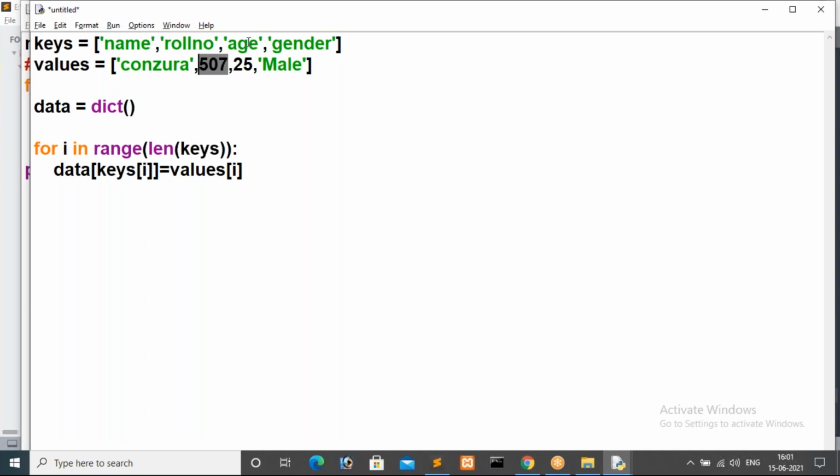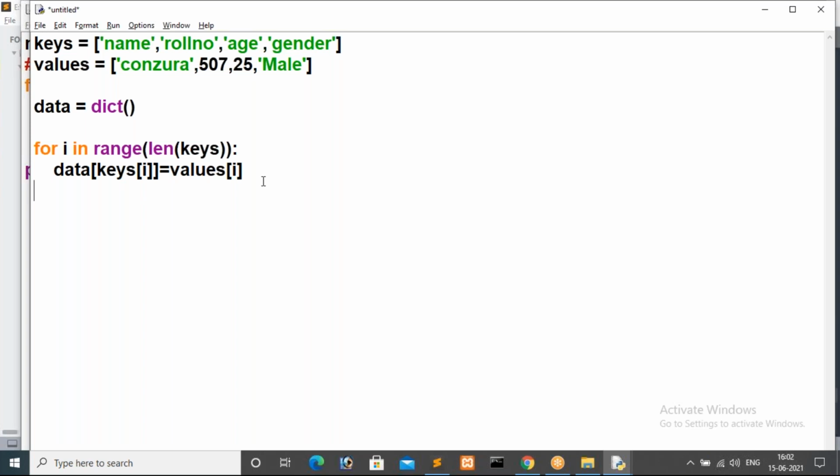Keys of 2 is age, so the dictionary creates a key age, and I assign values of 2, which is 25. In the last iteration i is 3. Keys of 3 is gender, so the dictionary creates the key gender, and for that I give values of 3, which is male.